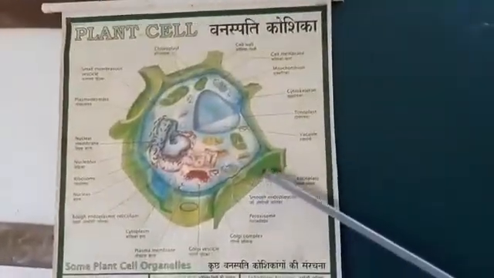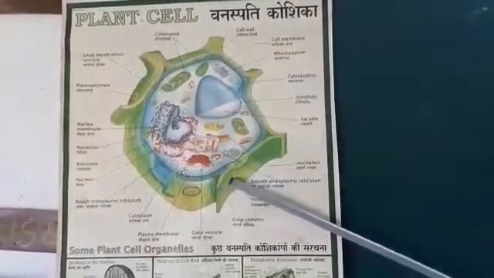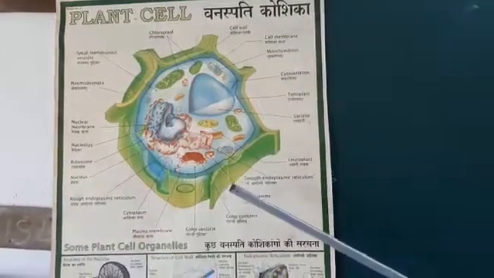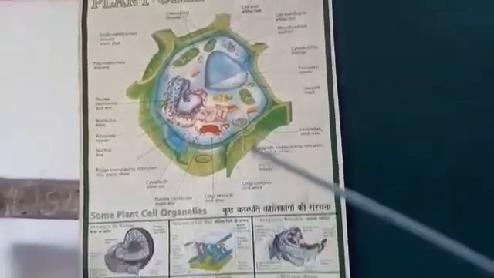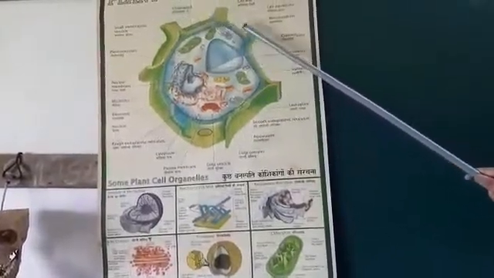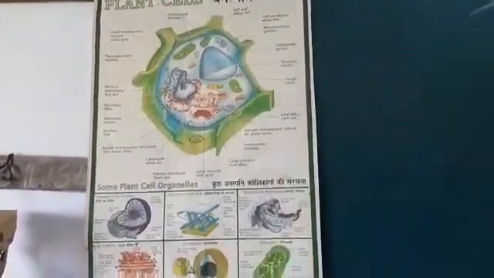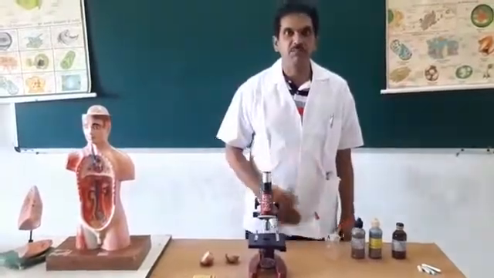Now, which plant cell can you choose to observe nicely under the microscope? You could choose stem cells, you could use even root cells, any of them. But the easiest one for your class is the onion peel cells. So we are going to choose the onion peel cells and try to observe them.